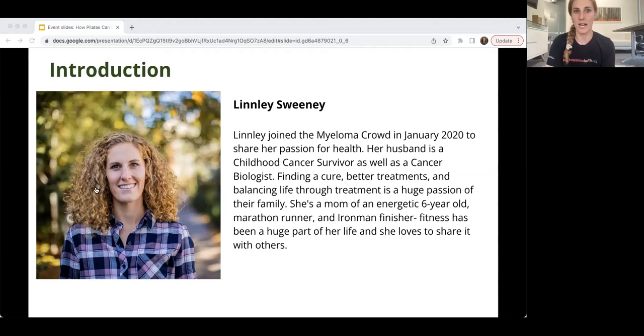I joined the Myeloma crowd in January of 2020 to share my passion for health. My husband is a cancer survivor as well as a cancer biologist. Finding a cure, bettering treatments, and finding balance through life is a huge passion of ours. And I also have an energetic 6-year-old at home. I'm a runner and Ironman finisher. So fitness has been a huge part of my life, and I love coming and being able to share it